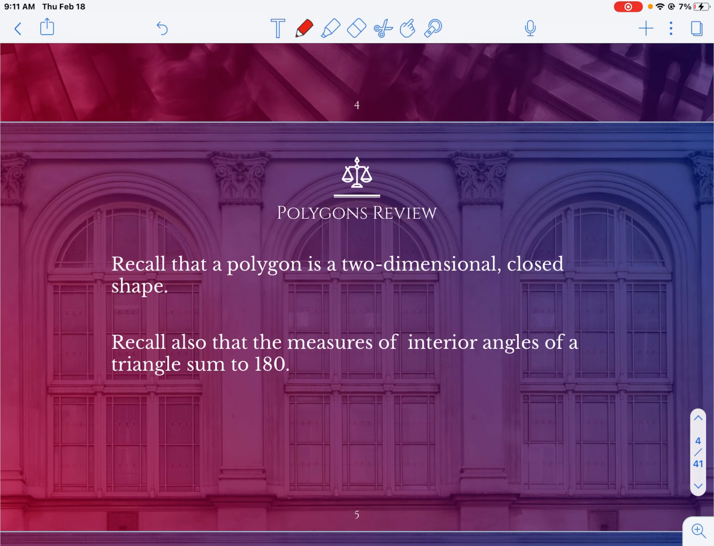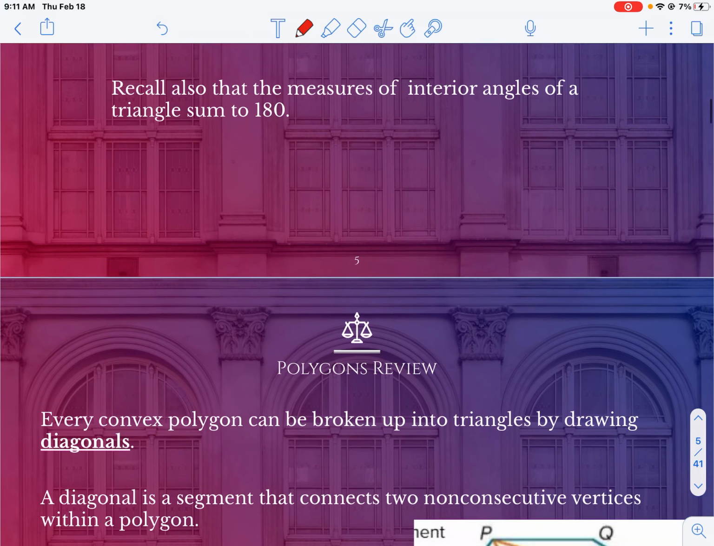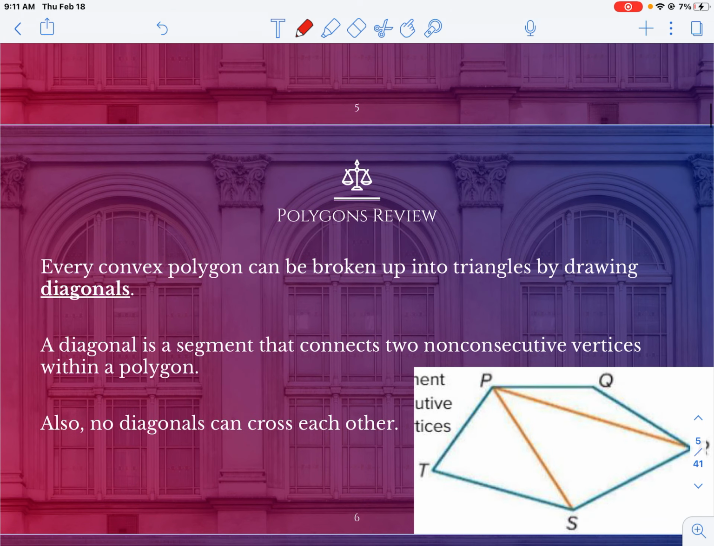So a few things you want to remember. Remember, a polygon is a two-dimensional closed shape. And then also remember that the sum of the interior angles of a triangle add to 180. So with those facts in mind, let's take a look. So if we wanted to find the interior angles